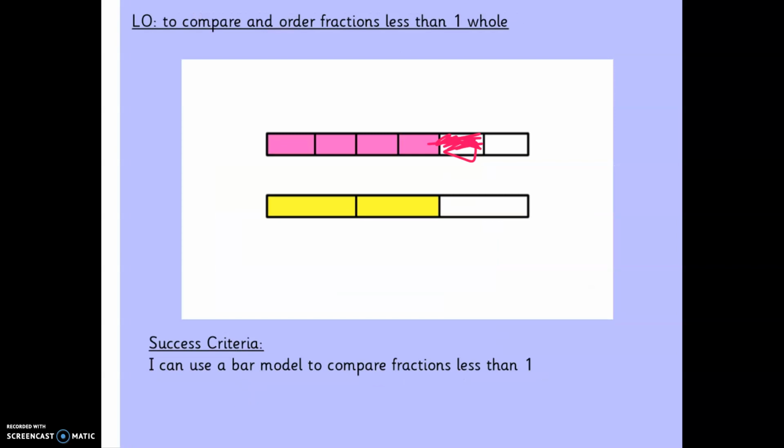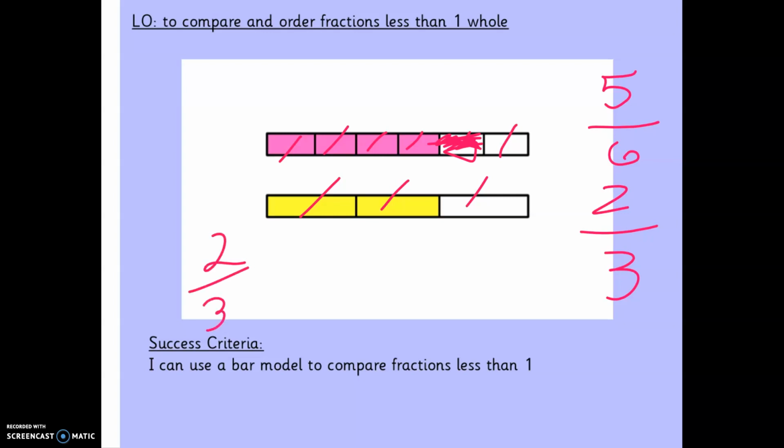Let's have a look at this one. So if I look at my pink bar, I've got 1, 2, 3, 4, 5, 6 chunks, and I've got 5 of them coloured in. So I've got 5/6, and here I've got my bar that's been split into 3, and 2 of them are coloured in yellow. So this time I'm going to compare 2/3 or 5/6. Now, I can see by looking on the board at the bar models that, let's just colour out these lines here,